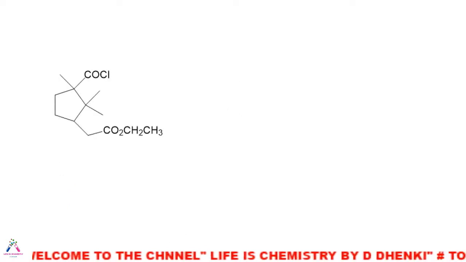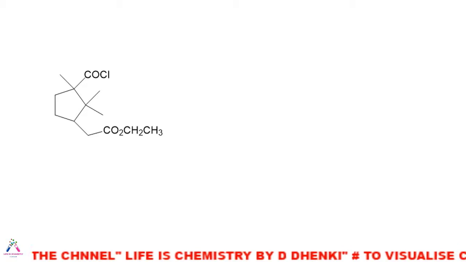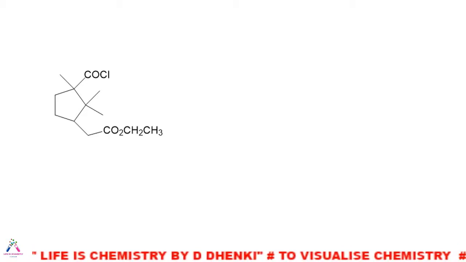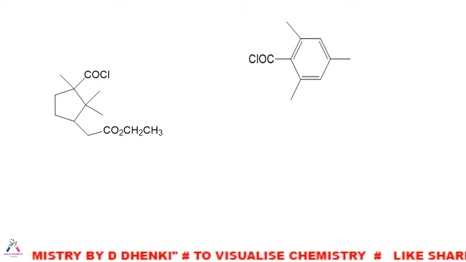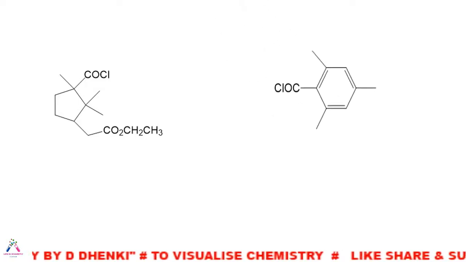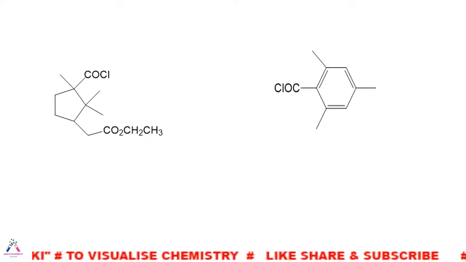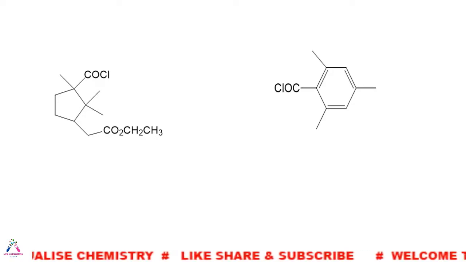Now, do all the carboxylic acids and their chloride derivatives undergo this Arndt-Eistert reaction? The answer is definitely no. If there is any steric hindrance or steric crowding, they will resist the action of diazomethane. Here, these two compounds do not undergo this reaction due to steric crowding of the methyl group.